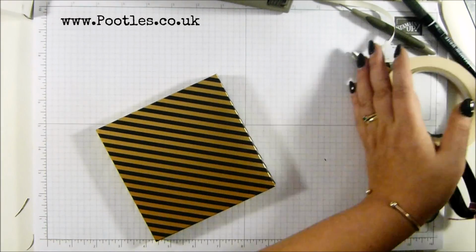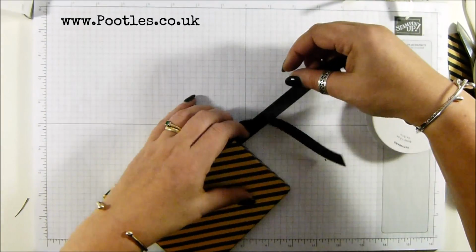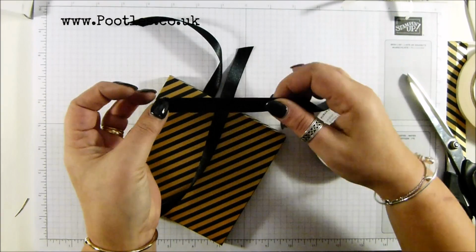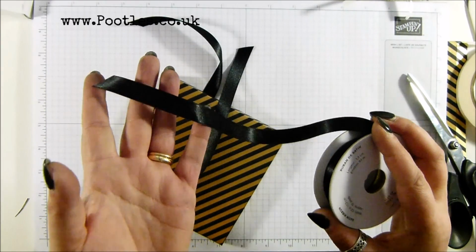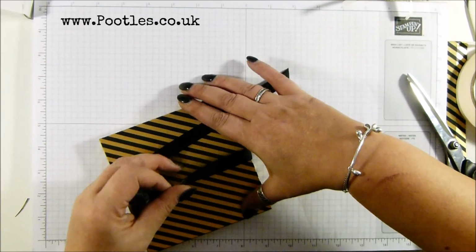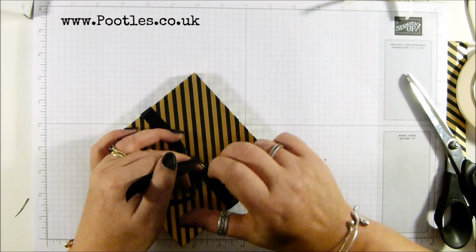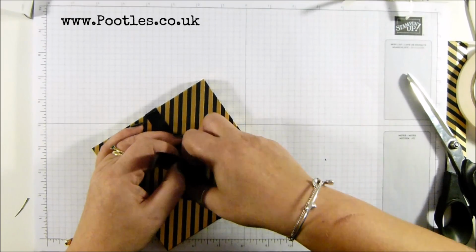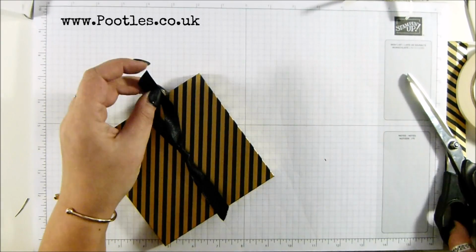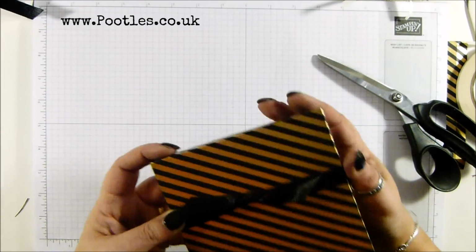Let's get some gorgeous ribbon. So I've got basic black satin ribbon. Lovely. It's got a delicate sort of shimmer to it. Hopefully you can see that. Very pretty. I'm going to tie a square knot because I can, and I can't do a bow. I'm bow challenged today. I've been trying to tie bows for the last few days for varying projects, and it's just not been happening. Okay, so onto there,